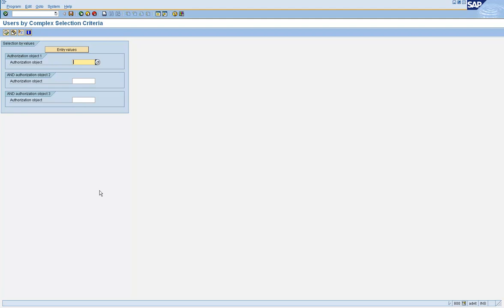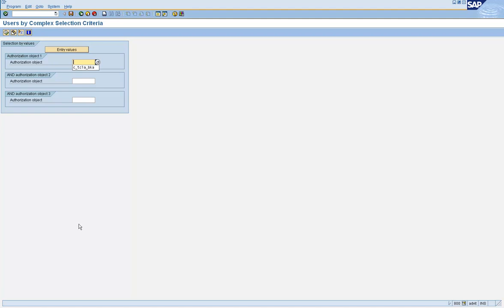Okay, so looking at the example of how many people have the ability to create user IDs, what is the criteria? What will be the selection criteria? The selection criteria would be transaction code SU01. So you have to first find out how many people have access to SU01, right? So the transaction codes are stored in what object? In the system, when you create a role, the transaction codes are stored in S_TCODE. So let us give the criteria.